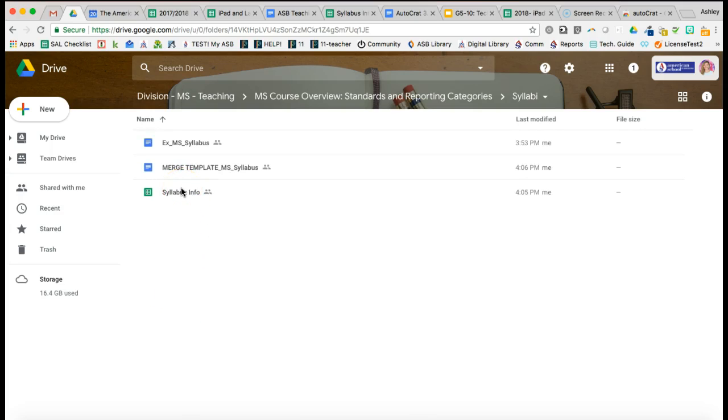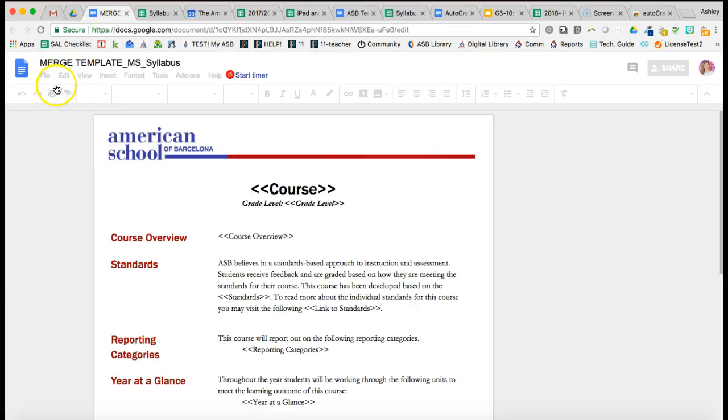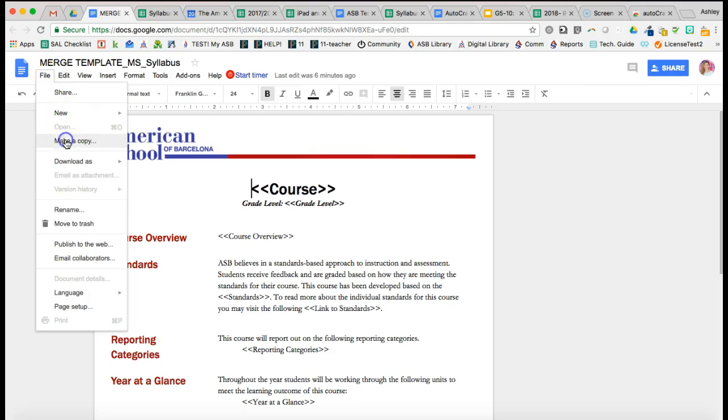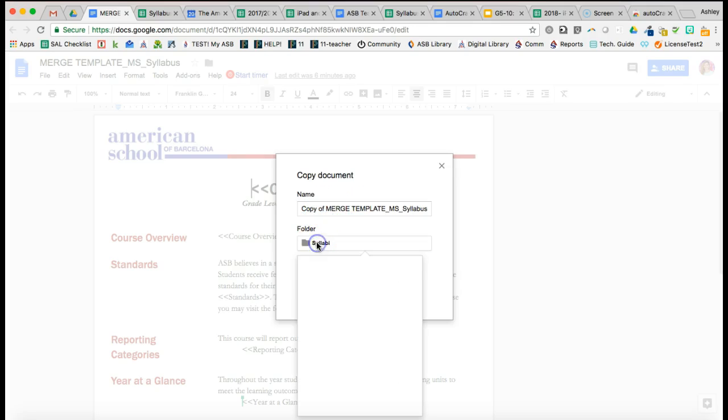But the information is here. So I'm going to open the syllabi information. That's okay to live in this file. But the merged template syllabi, actually, you have to keep that in your own drive. So what I did was I just said File, make a copy, and then organize that into my own drive. So copy of merge. So I'll just say Carolina's copy or something like that. And not in the syllabi folder. Make sure you move that